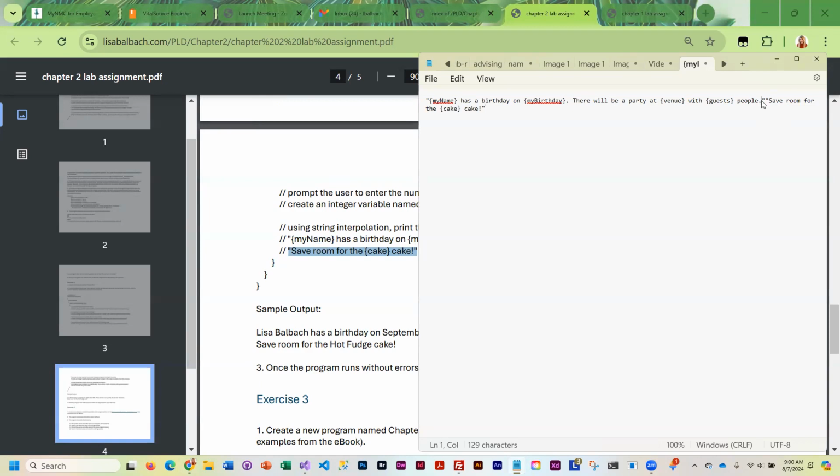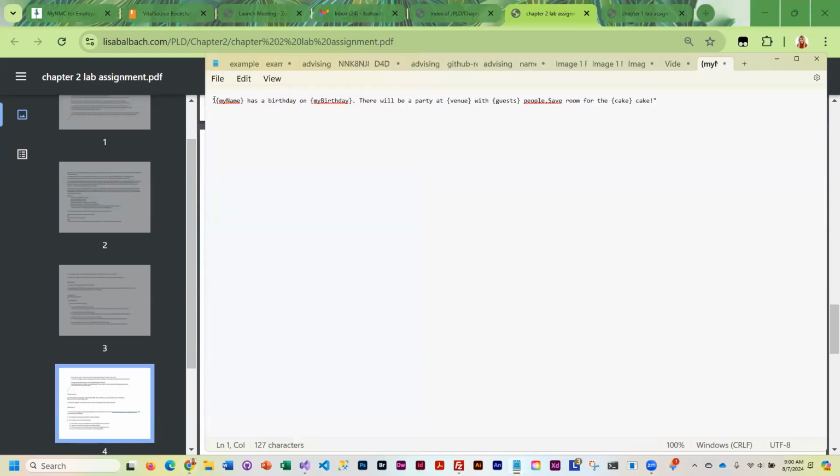Okay, so I can just get rid of those double quotes, and we're going to stick this into a Console.WriteLine. Put the dollar sign in,